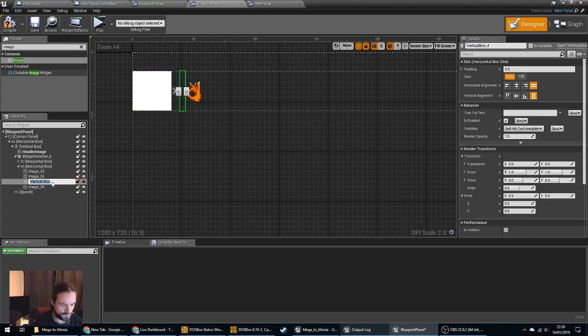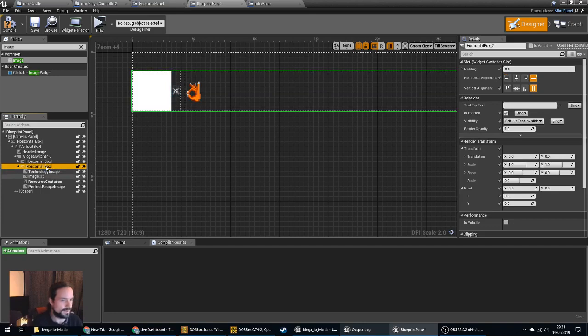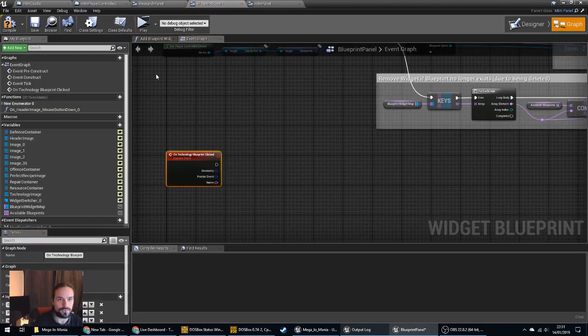So this one would be our resources. Resource container, call it resource container. And it's a variable. This one is our perfect recipe image. This one is our technology image. So when we select a technology, we switch over to this, and then we populate those with the right thing. So when we select one, we want to